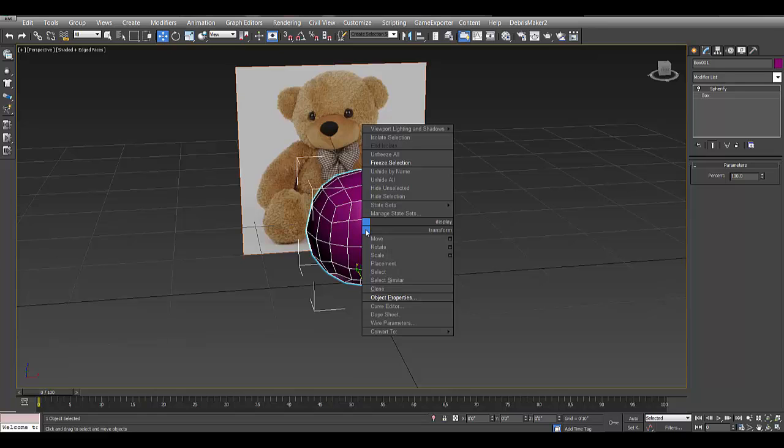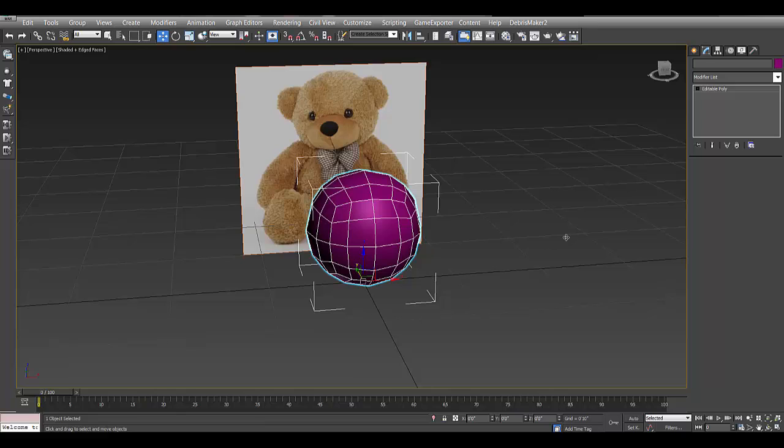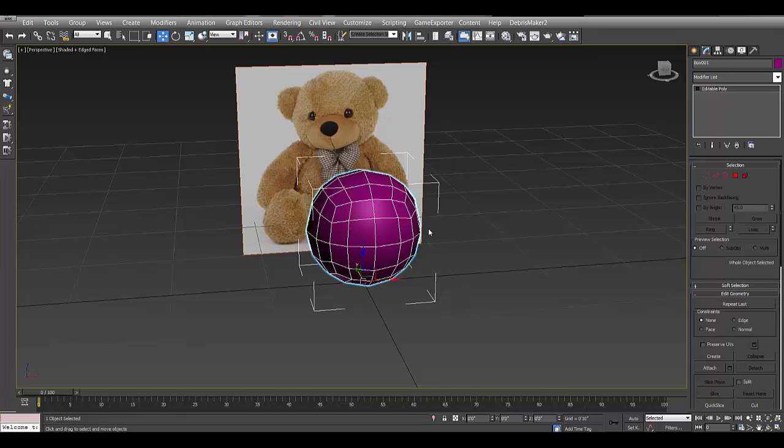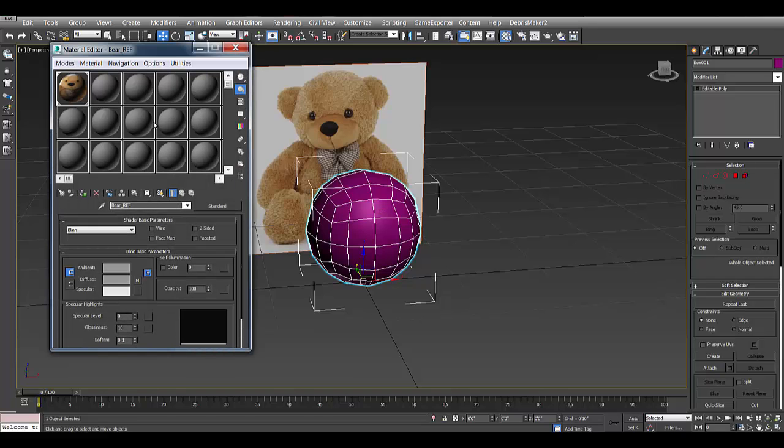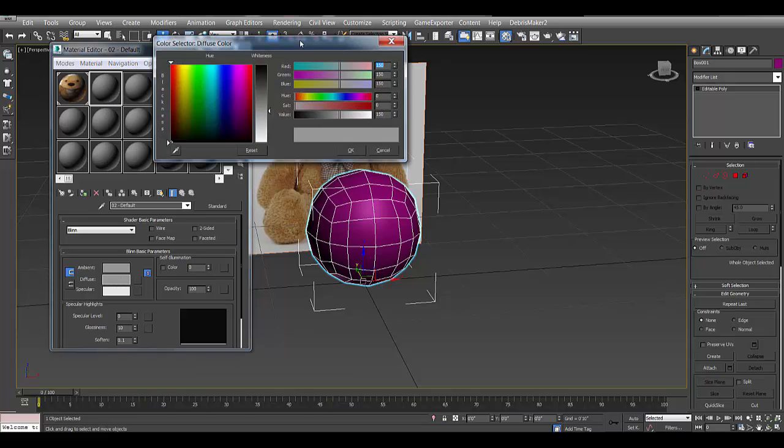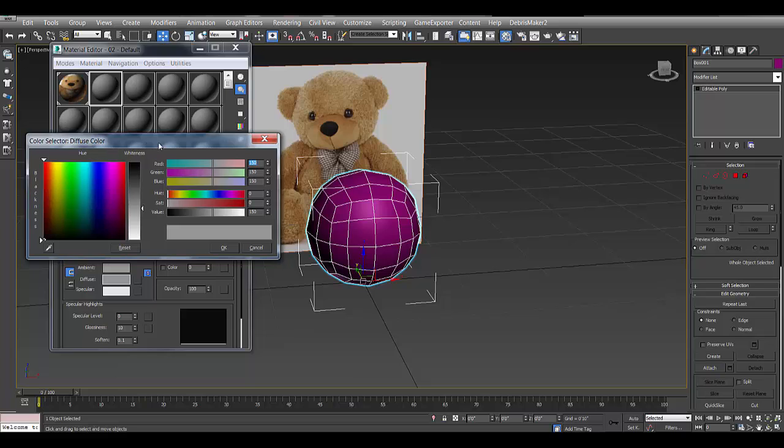Okay, so now we can right click and convert this to editable poly, and I'm going to change the color. So I'm just going to create a material here. Okay, so the color doesn't matter right now, but I'll just quickly change this to a color that matches closer